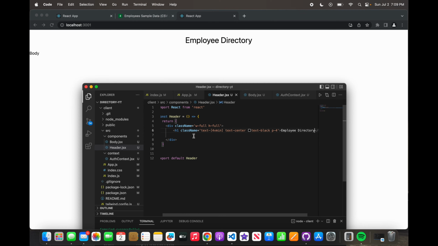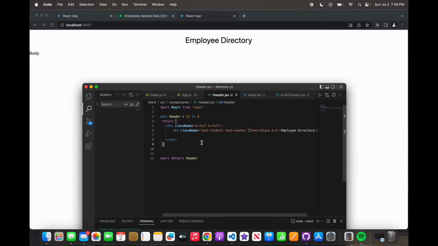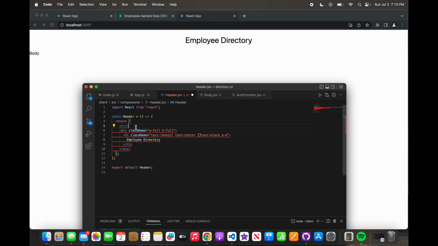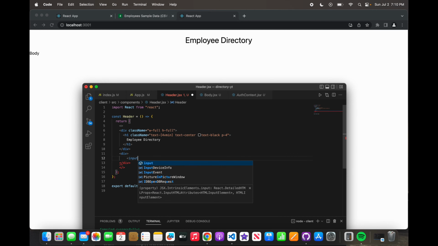Shift, just make this look better. There we go. Let's go back here. Cool. And then after that, let's actually do this. Let's enclose everything, encase everything with this. Cool. So now we're going to have another div. And with this div, we're going to say input, and the class name is going to be width full, height full, border rounded,